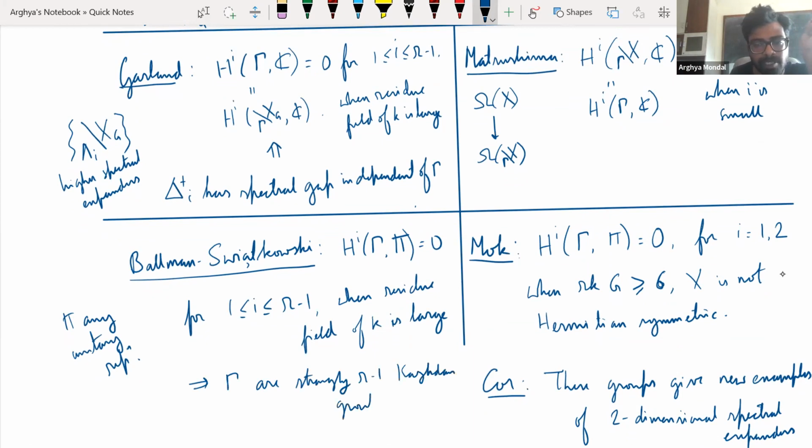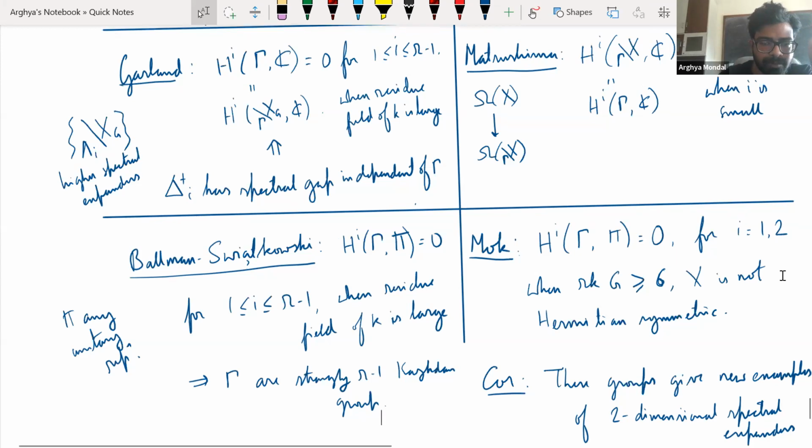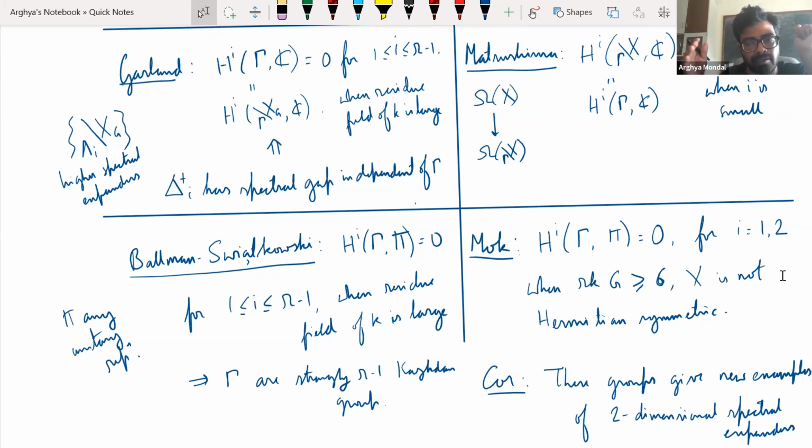So this is what I meant when I said that the same method that is used to prove existence of higher spectral expanders is the same method that you use to prove that the group itself is strongly n-Kazhdan for some n. So the result that we showed does not give us any extra information in this scenario, but you can look at